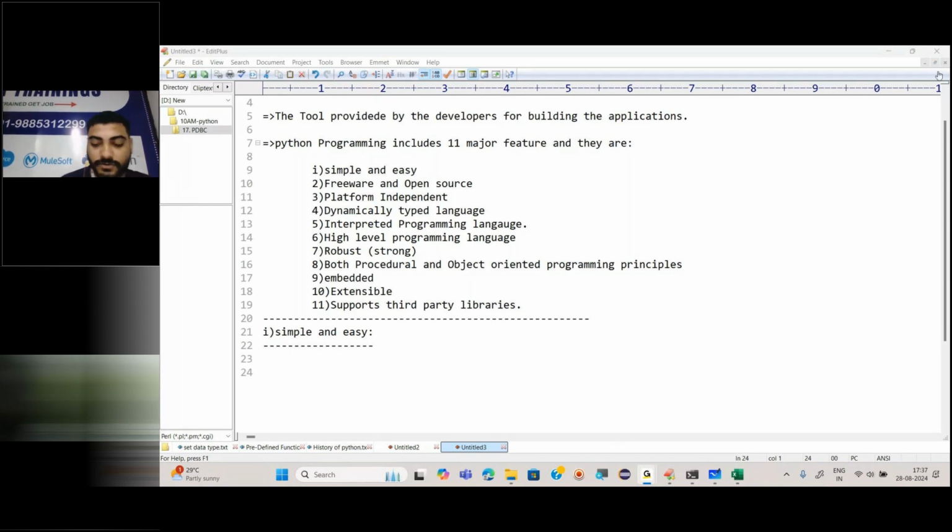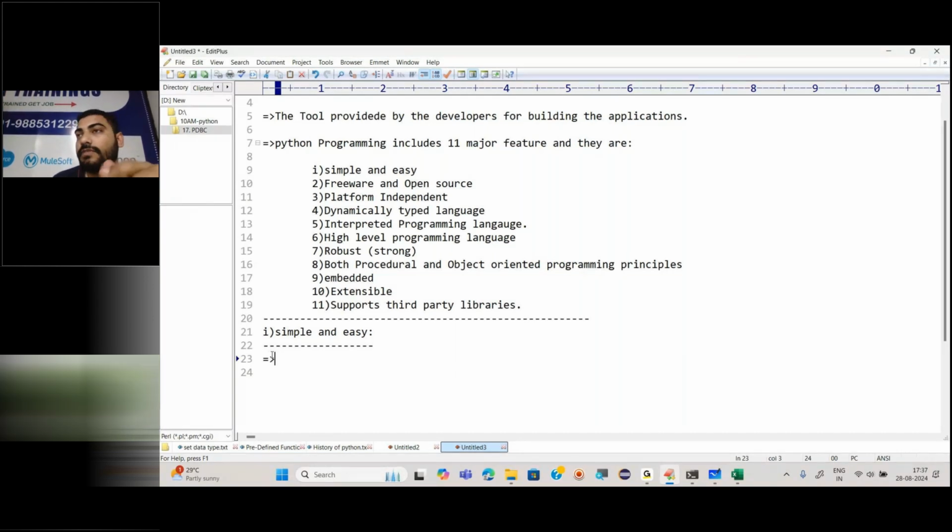Okay, let me explain. In the Python programming language, there is a concept called module. Python is one of the simple, easy languages, but there are three technical reasons which make Python different from other languages.